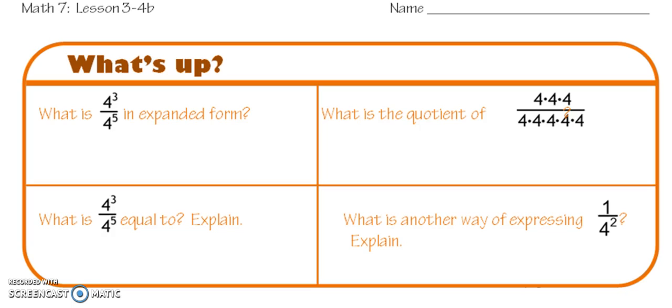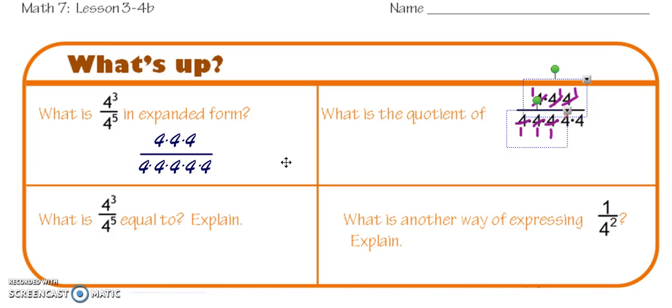Let's find another relationship. So we've got here a situation where I've got 4 to the third power over 4 to the fifth, and we know how to write that in expanded notation. So it's just 3 4's on top of 5 4's. Then what is the quotient of that? Quotient means the answer to a division problem. So we would do some canceling out there. If you can see this here, you would do some canceling out to where 4 goes in there one time, 4 goes in there one time, and so on. And so then we would get the fraction of 1 over 4 times 4,